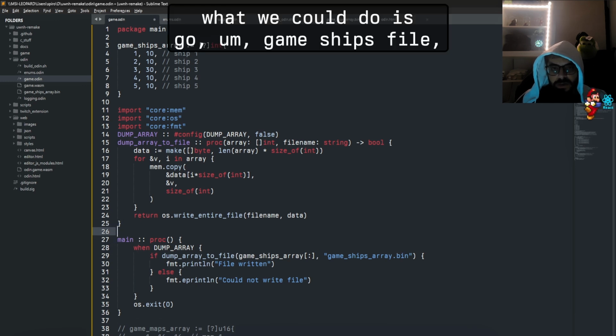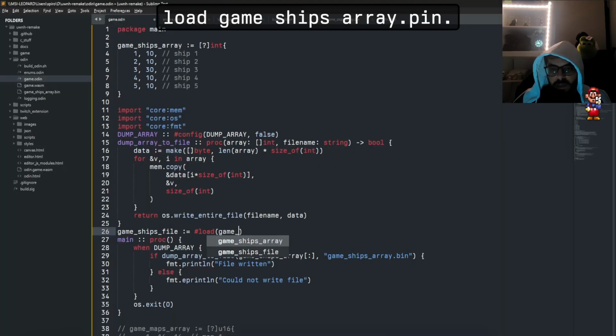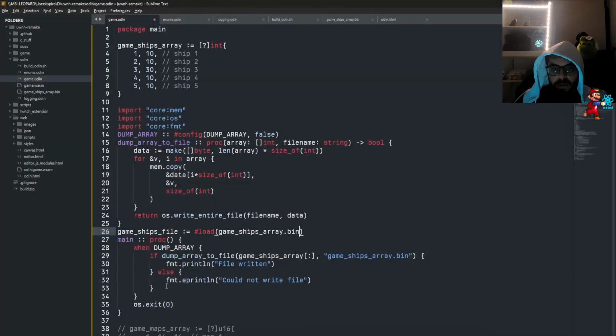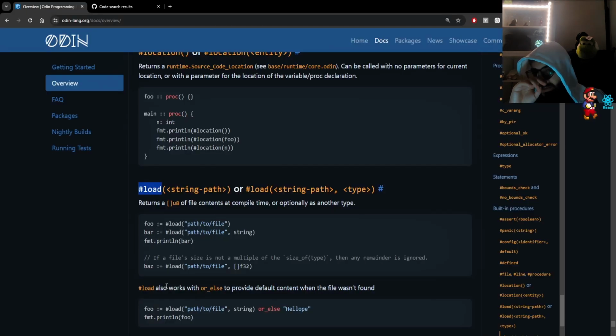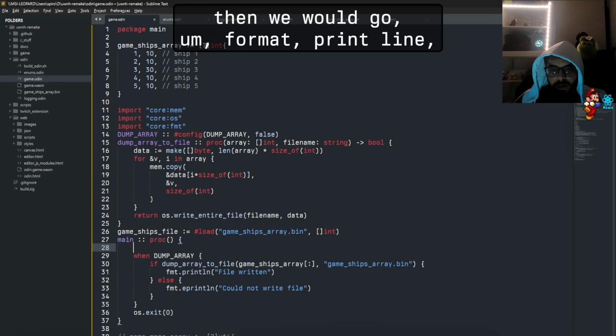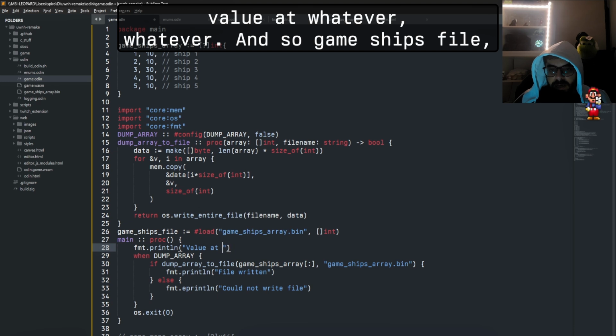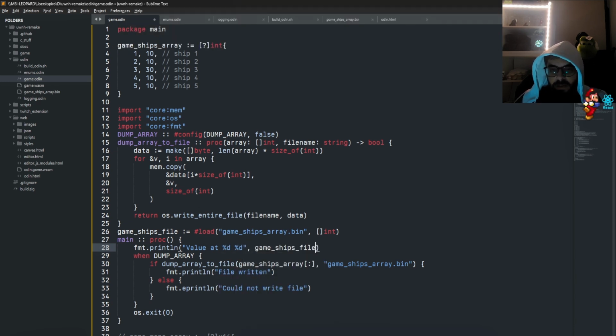So if we were to do that, what we could do is go game ships file, load game ships array.bin. Let's do it as an int, and it'd be like this, right? Yep. And then we would go format print line value at whatever. And so game ships file